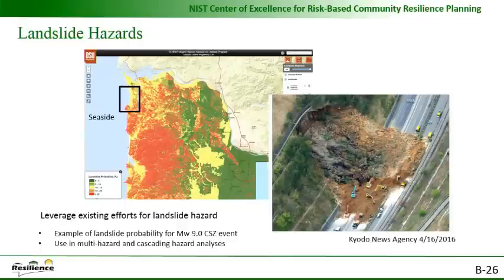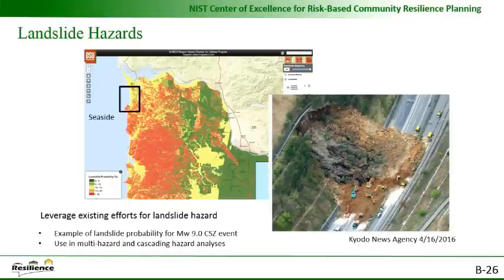Similarly, federal and state agencies have been identifying landslide hazards throughout the U.S., and efforts are underway by these agencies to make this information accessible too. The figure on the left, for example, shows a landslide probability map for Clatsop County, Oregon, and we will incorporate the landslide hazards in year two of our center to define potential loss of the road network, communications, and other lifelines